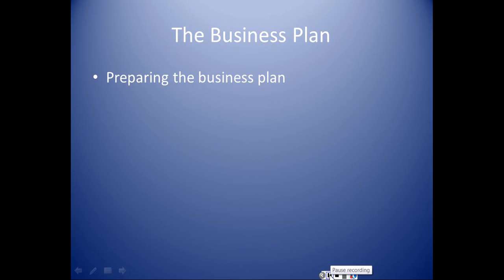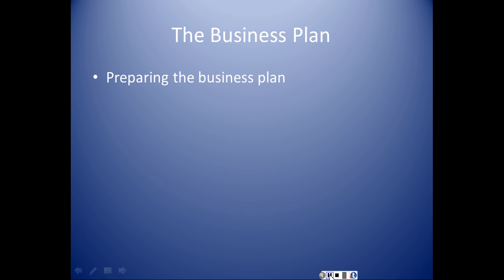Today we're going to be looking at the business plan, and the business plan is a culmination of all the work that you've done from the beginning of the semester where you looked at audiences and what audiences were doing with media and how audiences were spending money and how audiences were doing whatever they do, their lifestyles and things like that. And then you began to develop your ideas, and from those ideas you did a SWOT analysis, and the SWOT analysis allowed you to look at the strengths, weaknesses, opportunities, and threats.